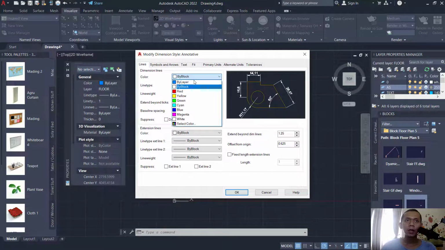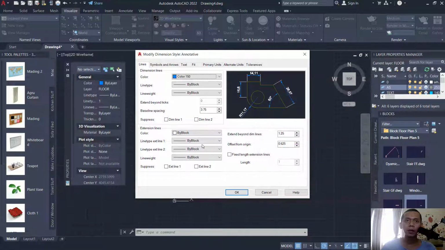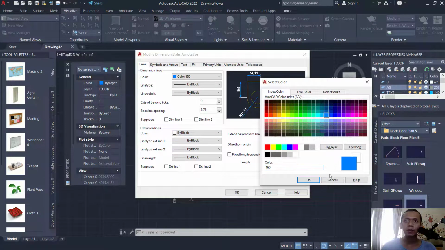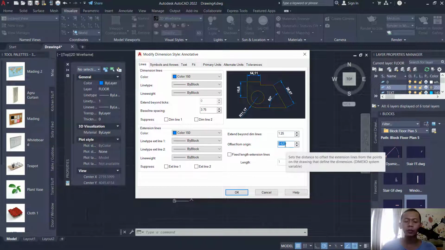For dimension lines color we can set this color. Okay, also in here you can set it here. And then for offset from origin I will set it to 4.